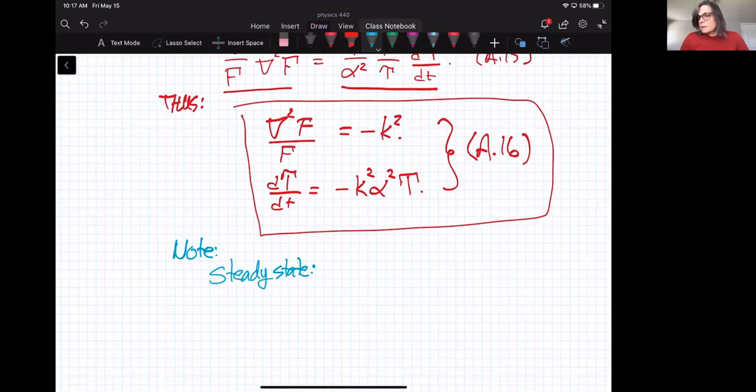That means that if we go back to the original equation, what can we say about the spatial differential equation? What does that become in the case of the steady state? Laplace's equation? Right, so in steady state, this just becomes del squared F is equal to 0, right? So that's